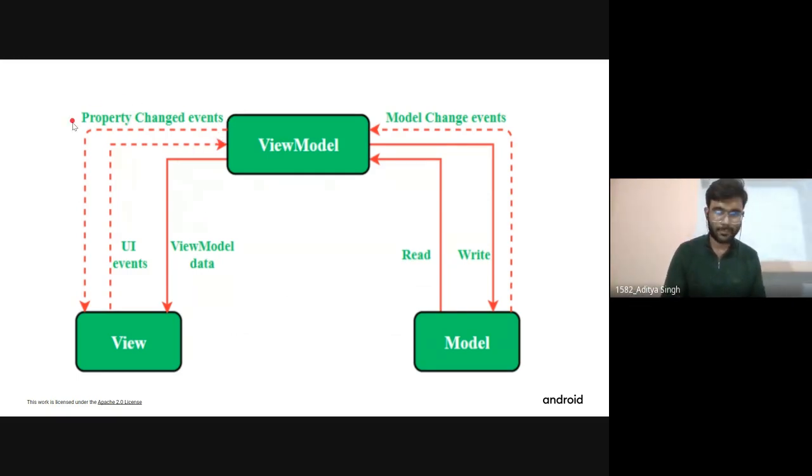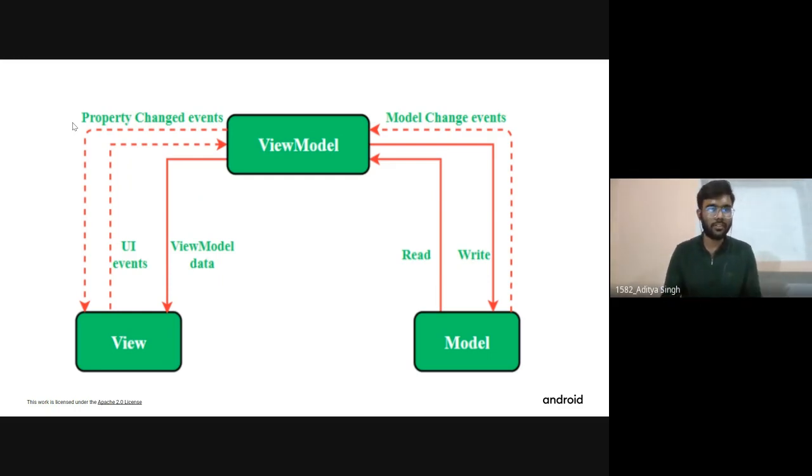So what happens? Suppose you are using your phone in portrait mode and you change it to landscape. So what will happen? Currently the activity which was on your screen, all the data that activity was holding will be lost. So this is also one of the main reasons we use view model, because whatever data is present inside view model will remain there. It will not be lost. So we can reinitialize all our variables again with the help of view model class.